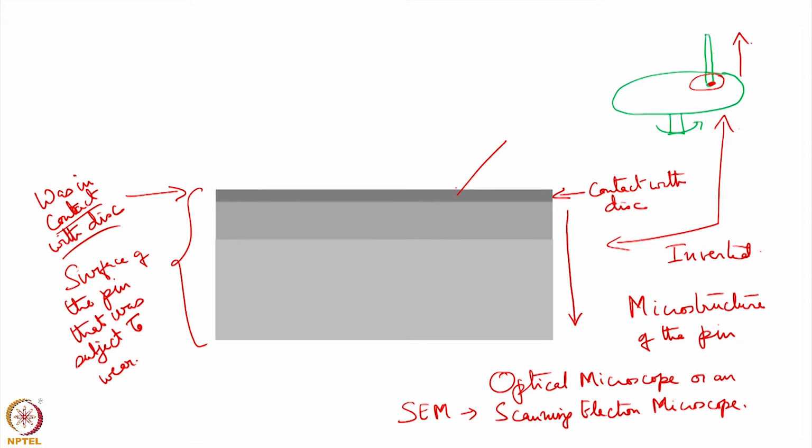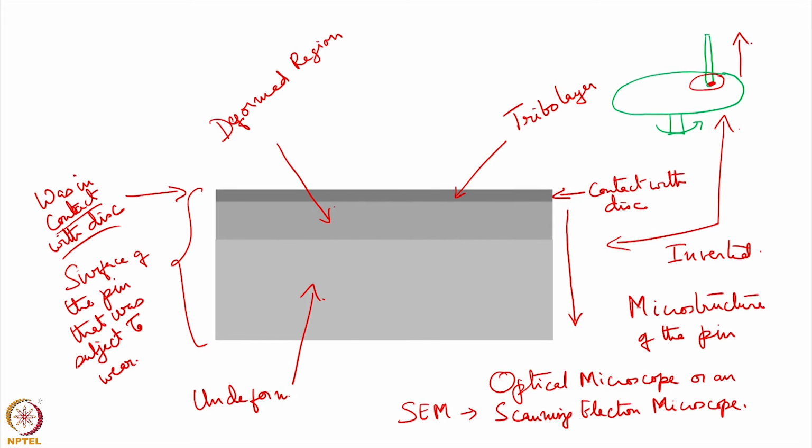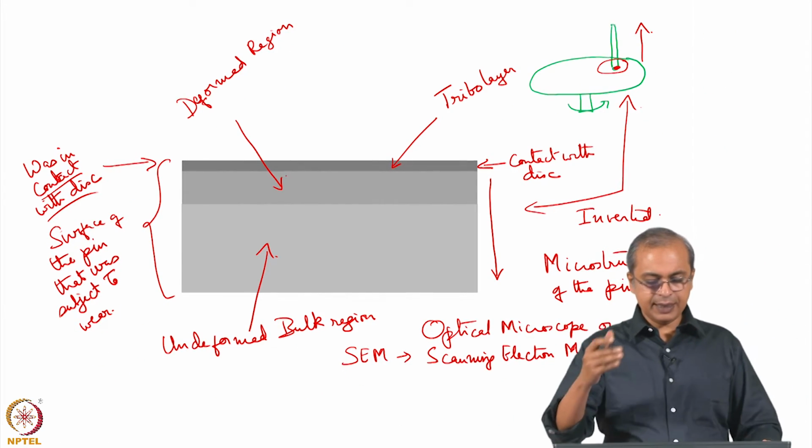The topmost layer is called the tribo layer, and then we have a deformed region, and then we have the undeformed bulk region. So, this is what we have: a tribo layer, and then a deformed region, and then